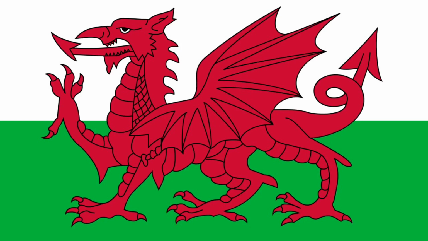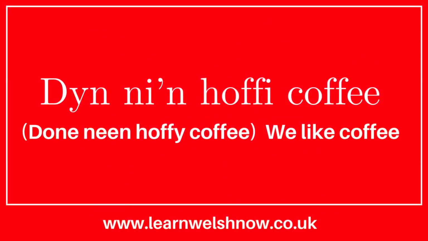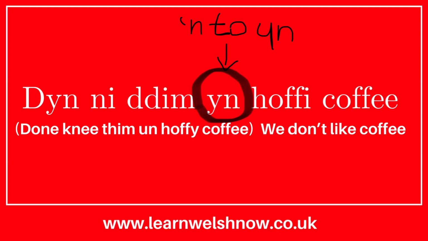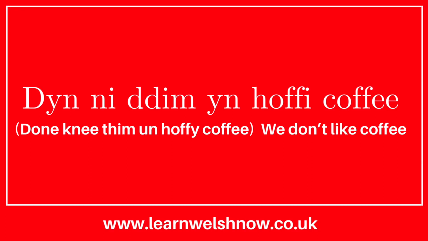So this quick and easy way of taking a sentence that's positive, I like tea, and turning it into the negative, I don't like tea, works with one other Welsh form. It works with we don't like. So let's take a sentence like we like coffee. Dyn ni'n hoffi coffee. We take that first bit, dyn ni'n, which means we or we are. Obviously the apostrophe N now becomes yn. We take dyn ni yn and pop a ddim in. Dyn ni ddim yn. We don't.